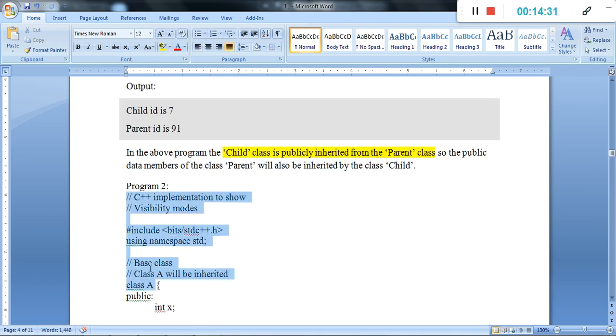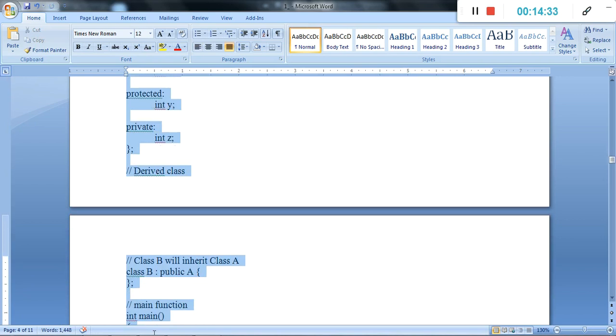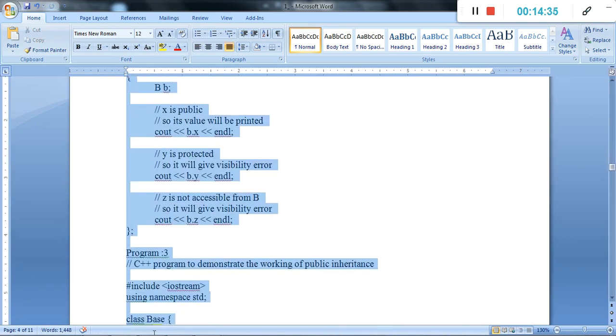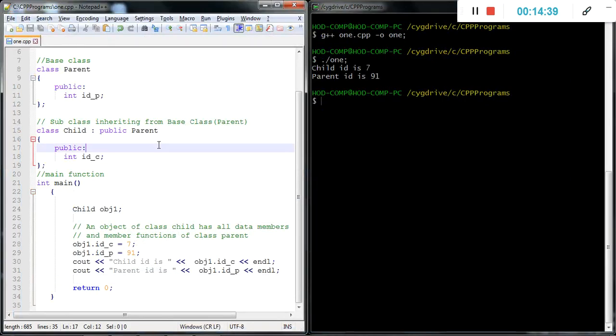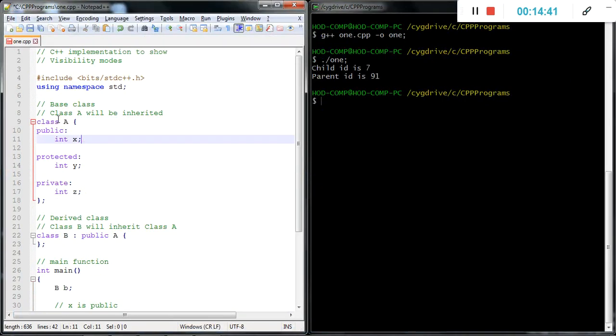Then this is simply the second example. Class A contains three variables. The first one is public, one is protected, and one is private.